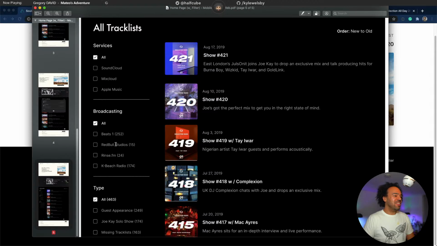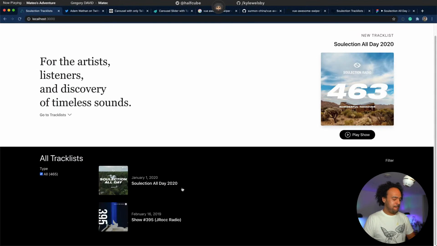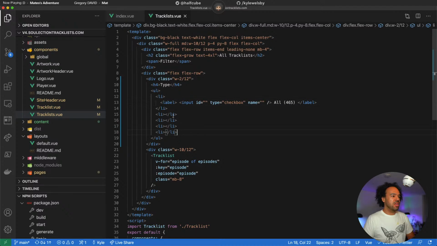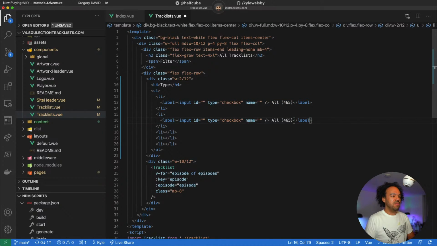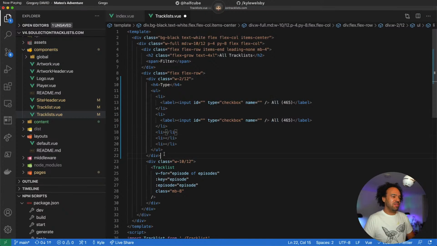So I got all of this to work with, and I want to make it work today. So I just popped it inside. Let's open up our editor and see how much of this we can get coded up. I'm going to grab this label and pop that back in, and for now I'm hard coding it, but I think I'm going to separate this out into its own component somehow.